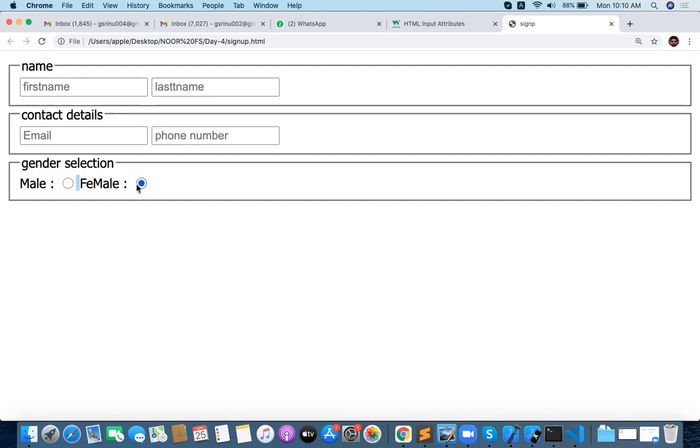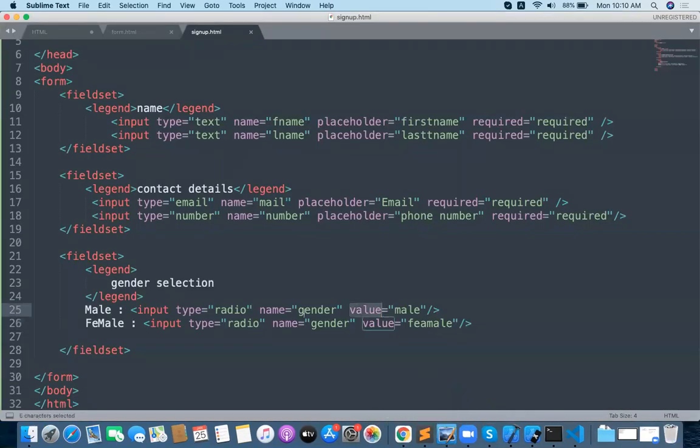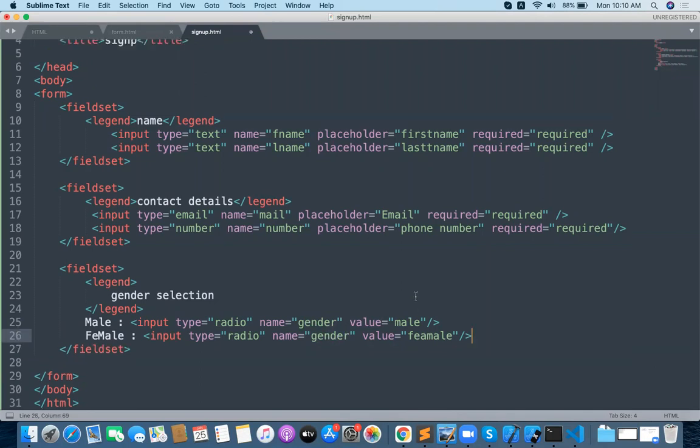Only one selection will be selected. That's why the value is different, but the name is the common thing. If we change the name, it will still take it, no problem. But why are we utilizing this particular name? Whenever we write JavaScript, we access the element based on that name. I will tell you when I come to JavaScript.